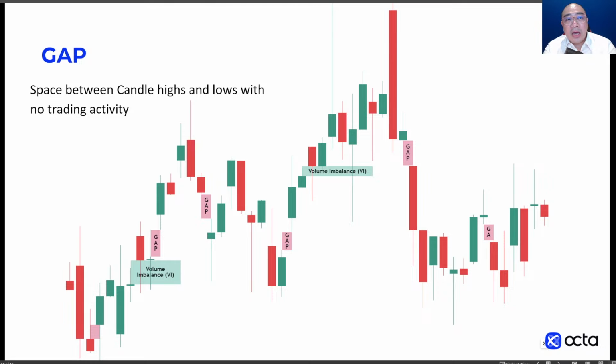But the actual gap itself is when there are two candles that never meet one another, and you'll see this a lot every Monday, because there's the weekend that happens. The market could jump up and down, and it'll create a gap. So the logic on gap trading is probably something we're going to talk about tomorrow, where we focus a lot more on how to trade using all the information that we have learned from all these 4 webinars tomorrow.